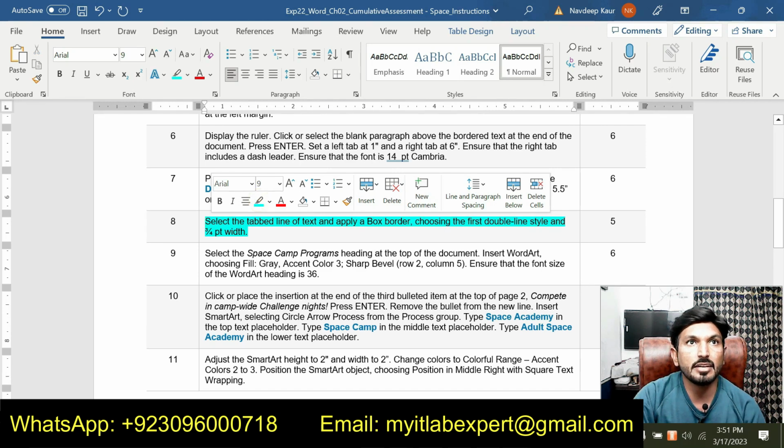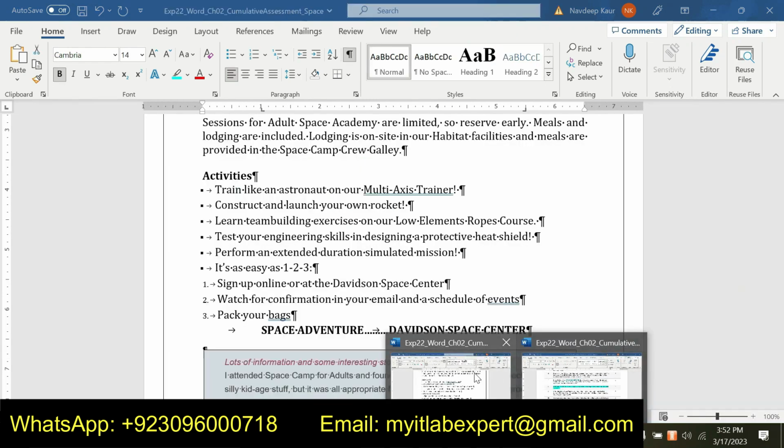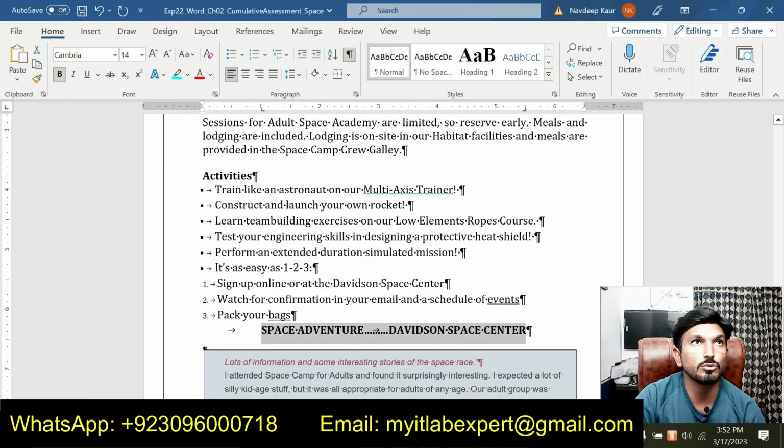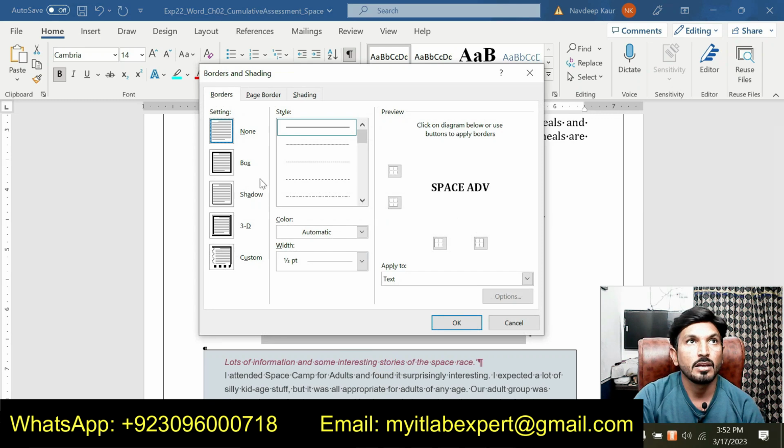Select the tabbed line of the text and apply your box border, choosing the first double line style and 3 or 4 points width. Now we are supposed to apply a box border to this one. For this we will go to home tab. After going to home tab, we will click borders and we will click on borders and shading box, this one. Then we are supposed to select a box border